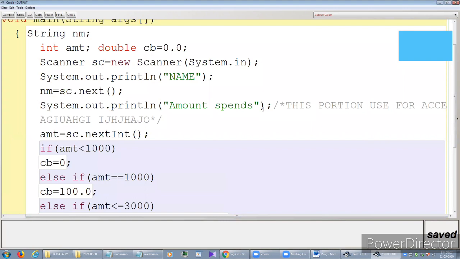Yes, this faded portion is actually called a comment line. Let me explain. In the previous program we discussed the escape sequence, and here we are discussing a new thing, which is the comment line. What is a comment line? If you put this line here, then it will not participate in the program, and we can use it for further reference. That means, for what purpose are we using this portion?